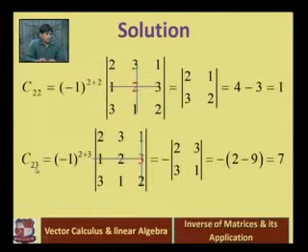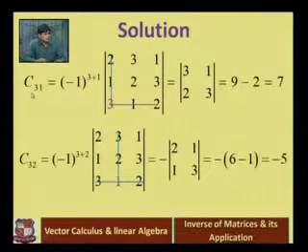C23, that is the cofactor of second row and third column, can be found by this equation, minus 1 raised to 2 plus 3 into minor of that element, minor of 2 3 element, that is found by cancelling second row and third column, and that minus 1 comes from minus 1 raised to 2 plus 3, and in this determinant after deleting this row and column, the resultant value 2 into 1, that is 2, minus 3 into 3, that is minus 9, is equals to minus 7.